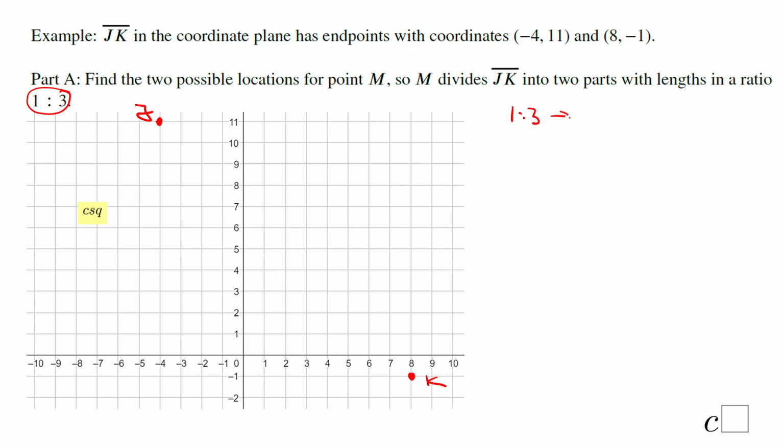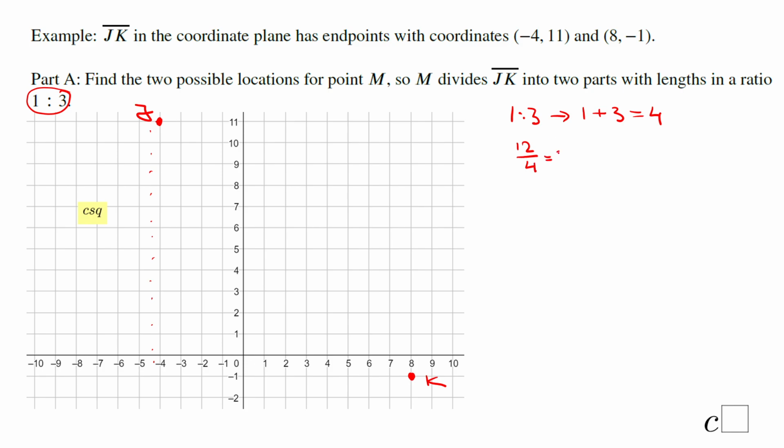We have to have 4 segments. Let me erase these. Again, you can count: 1, 2, 3, 4, 5, 6, 7, 8, 9, 10, 11, 12. Am I right? 12. 12 divided by 4